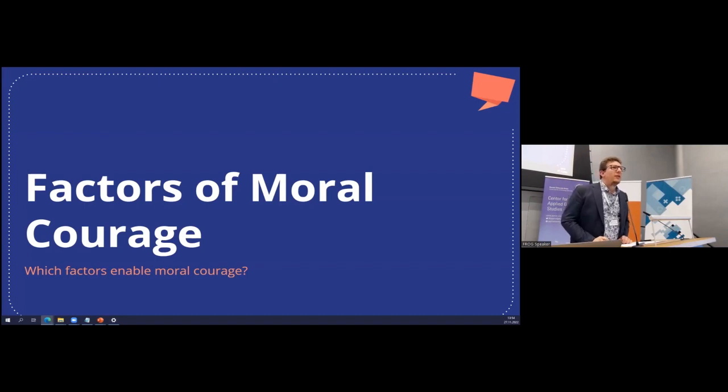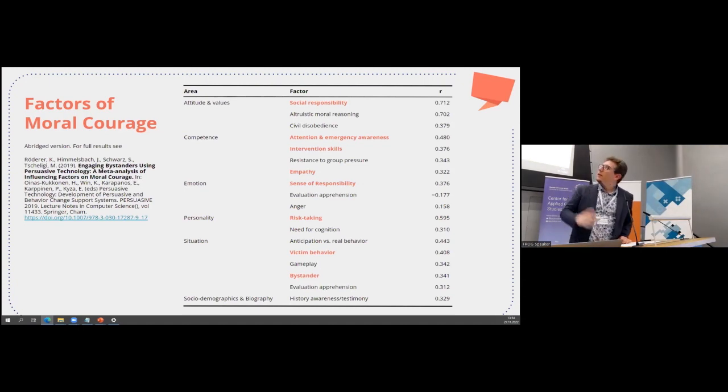And this is research that had been carried out by our partner AIT before. I've just summarized this here very, very briefly. This is not the complete table. I just did an abridged version that fits on a slide and contains the most important points. There's a publication where you can find the rest of it. This is a meta-analysis of factors